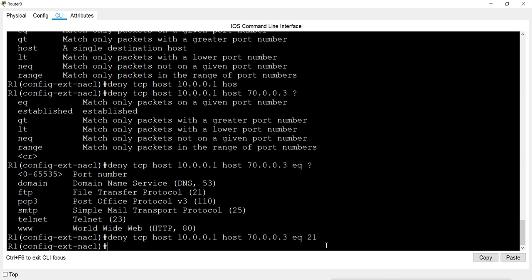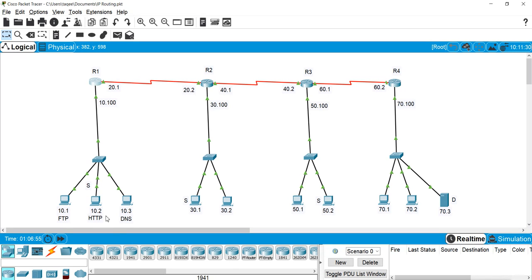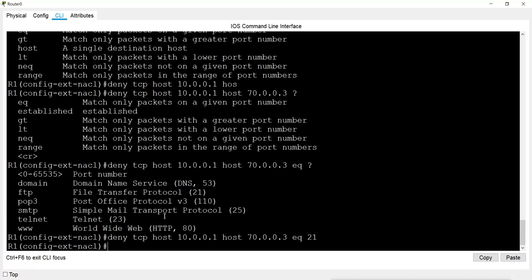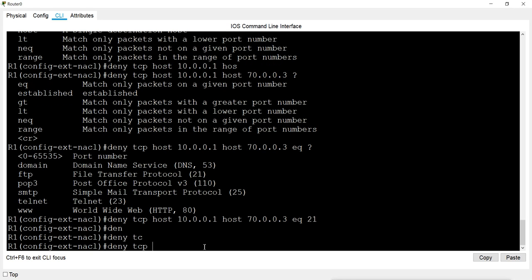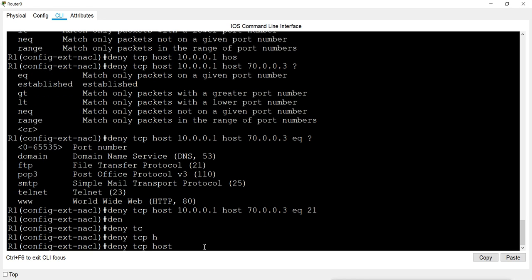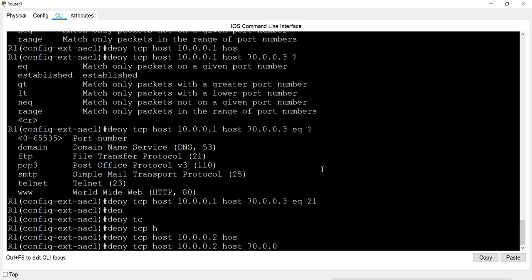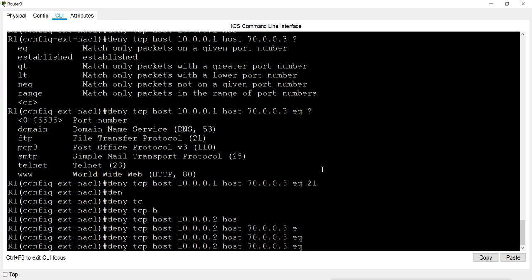Then second, for this host I want to deny HTTP. So deny. Now HTTP also uses TCP. Source is 10.2. Then the destination is 70.3. Then the port number is equal to, for HTTP, 80.